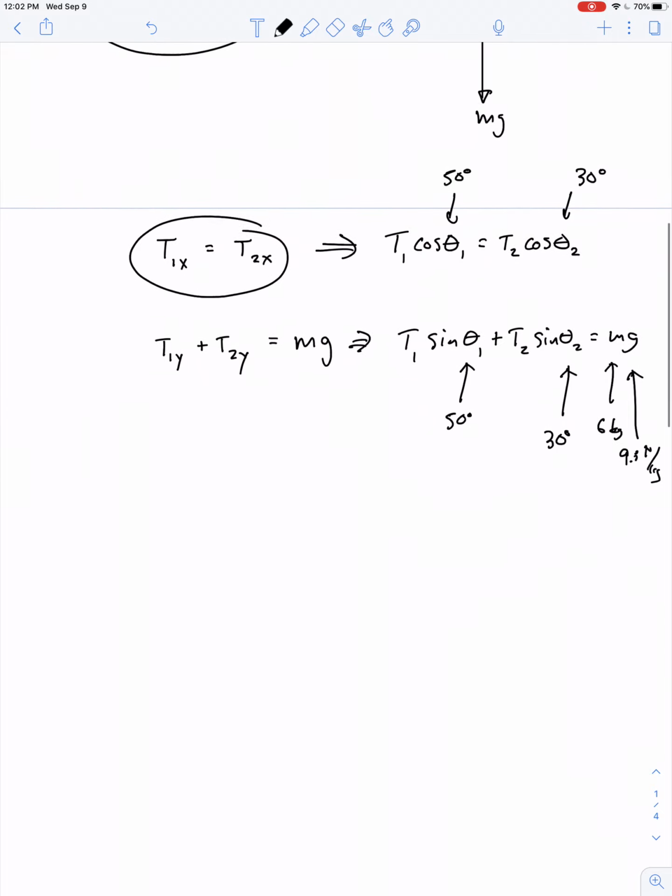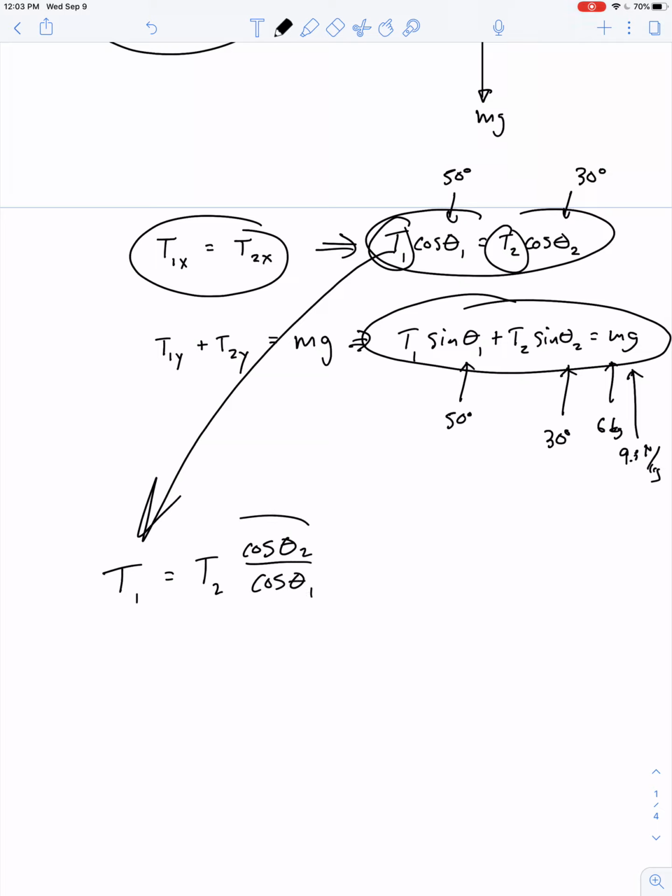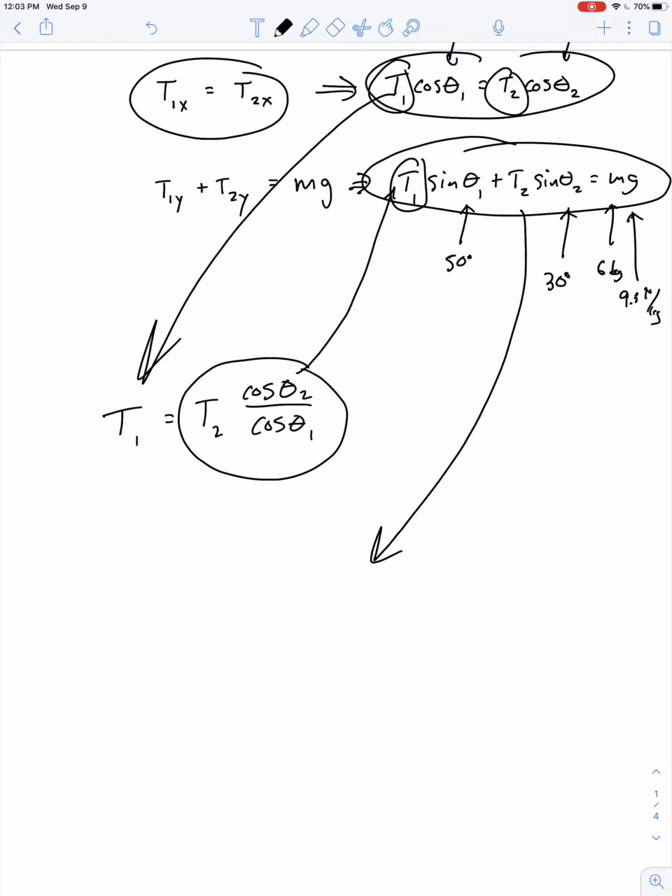We can get there. Really what we have is a system of 2 equations and 2 unknowns, right? I can plug in values for everything except T1 and T2. So one way to do it is solve for T1 in terms of T2. Why don't we do that? If I rewrite this expression, I can say T1 is equal to T2 times the cosine of theta 2 divided by cosine of theta 1, and that becomes a quantity I can substitute in place of T1 in the second equation. And so if I do that,